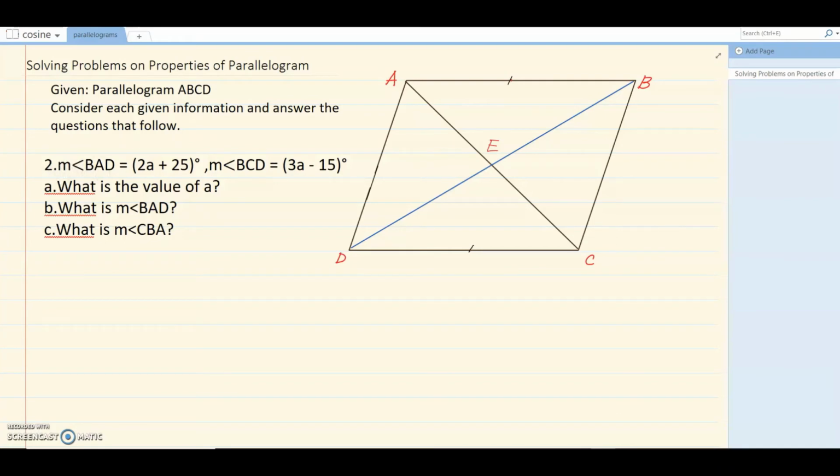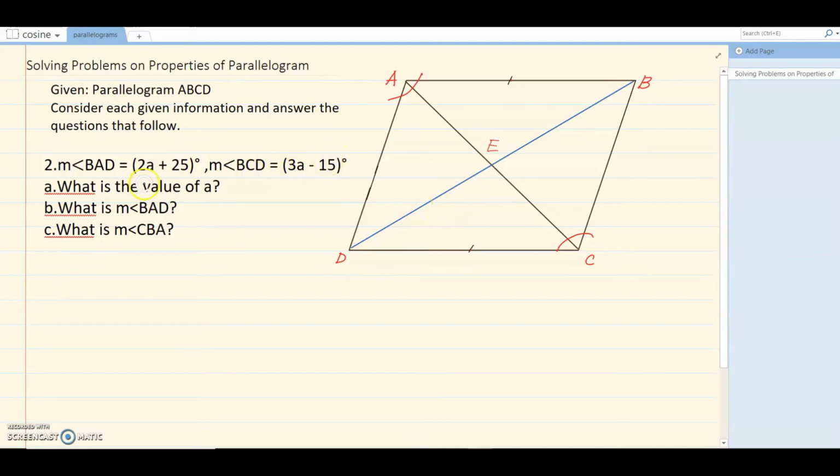For number 2, using the same figure, parallelogram ABCD, the measure of angle BAD is 2A plus 25 degrees. The measure of angle BCD is 3A minus 15 degrees. So we are being asked, what is the value of A? What is the measure of angle BAD? And what is the measure of angle CBA? So first, let us identify